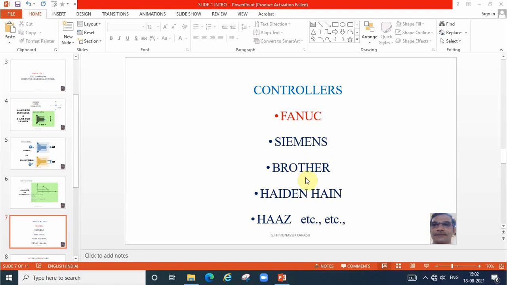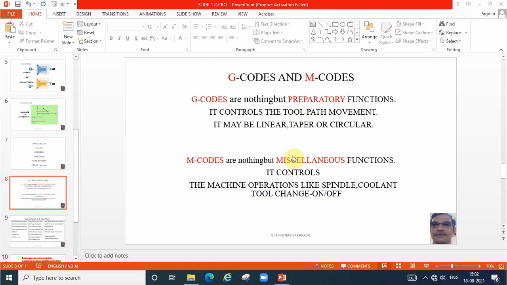That's all. The next one, a very, very important thing, is G codes and M codes. Without knowing G codes and M codes, we cannot write the program first of all. So we have to memorize, we have to follow, we have to mug up some important G codes and M codes. What are G codes and M codes?